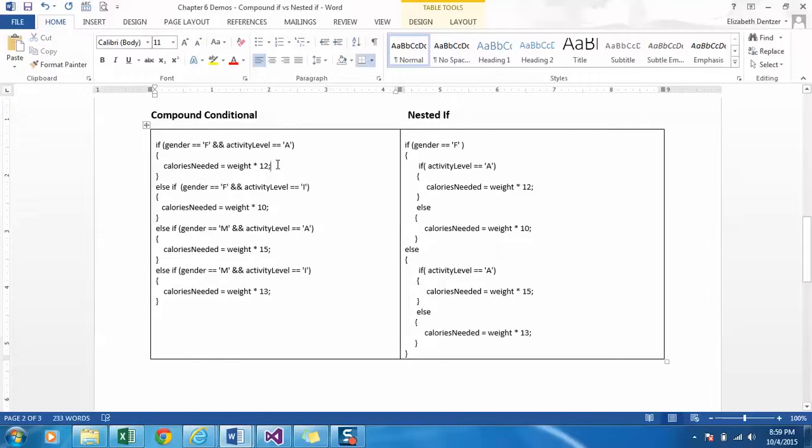And then we do our calories needed calculations. Else if, this is a continuation of this statement, so we're going to have the else keyword. If the gender is F and the activity level is I, a very common mistake when you're just learning how to program in C++ is to use a single equal sign instead of a double equal sign. The double equal sign is comparison. A single equal sign is assignment. They're not the same thing. Here we're comparing, so we want to use a double equal sign. If both of these things are true, this is a calculation we'll do. So if it's a female and she's inactive,